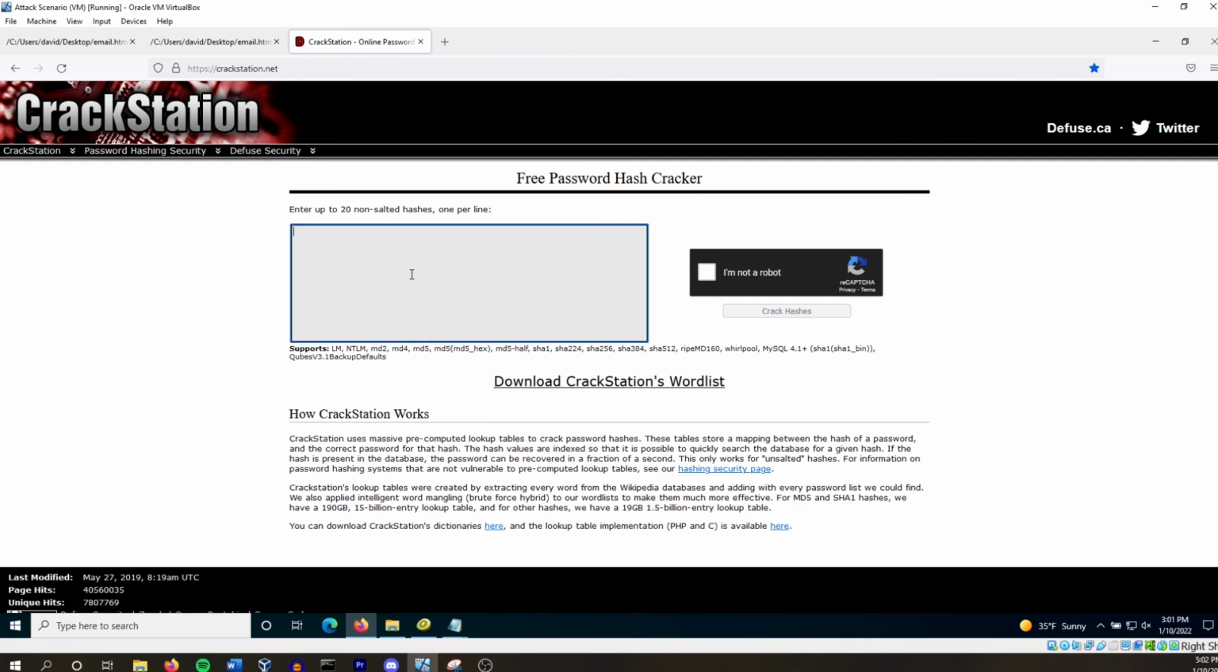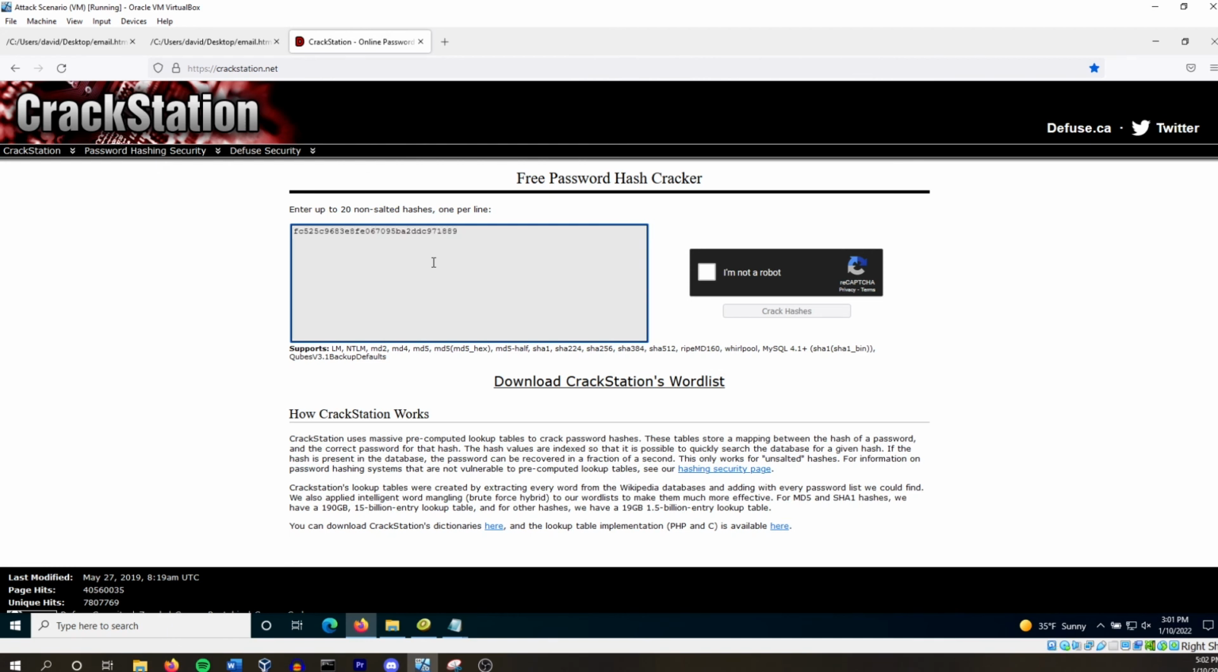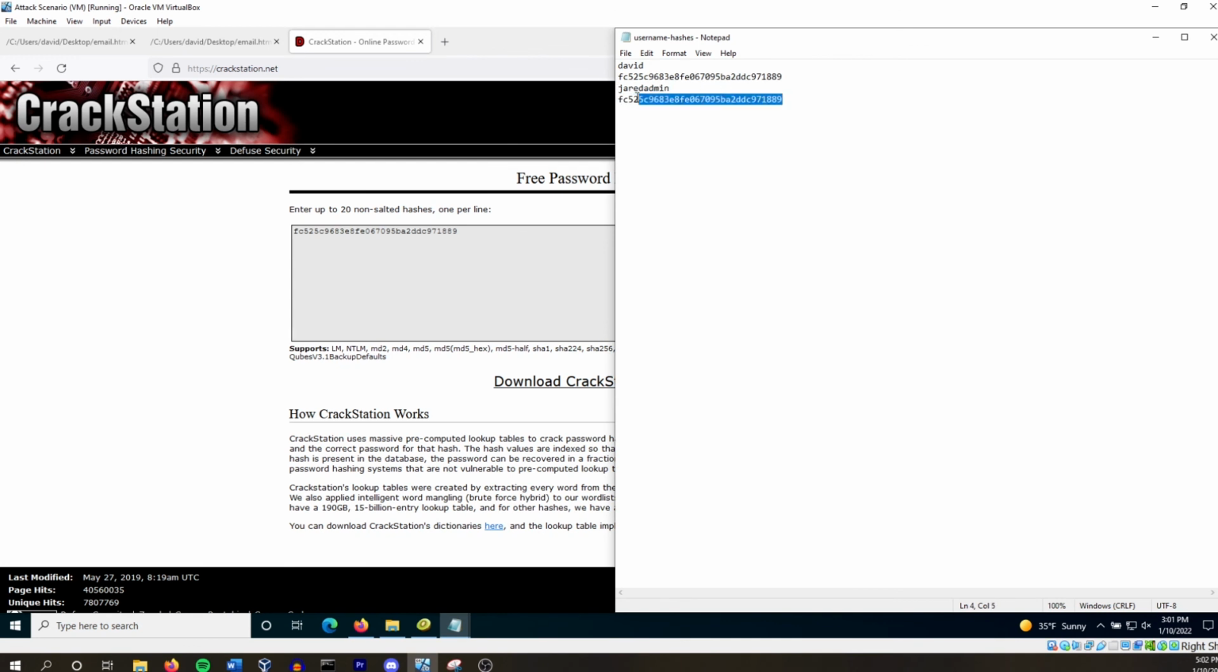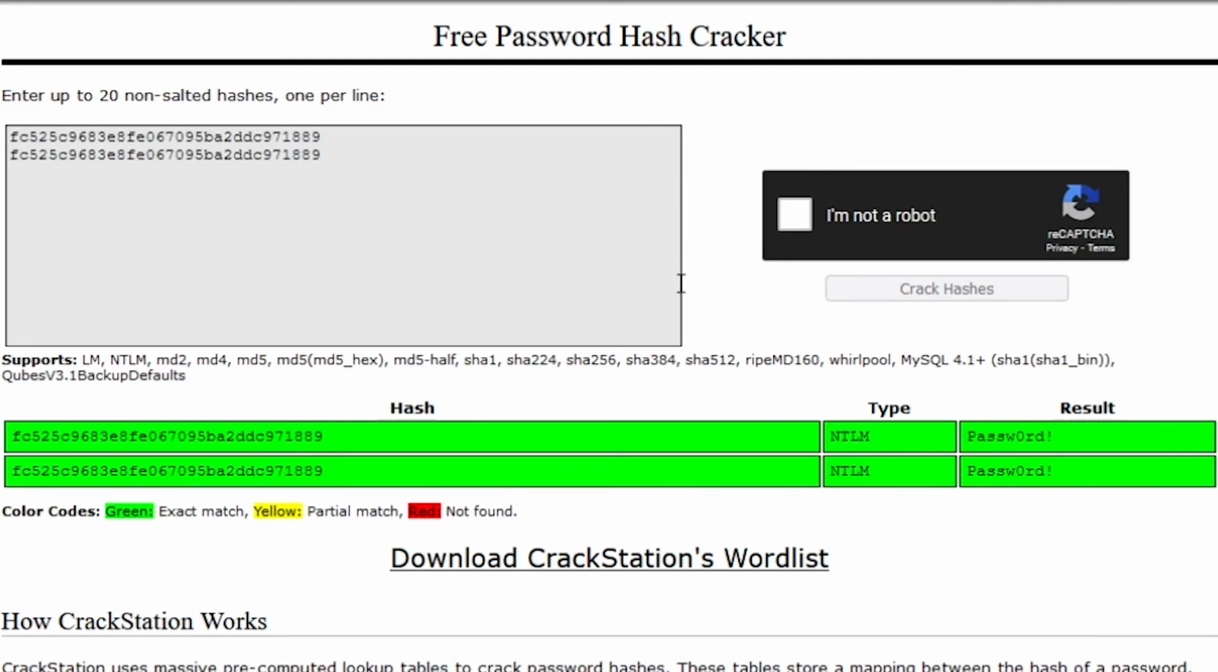What we can do here is add our hashes into this input box, and we're just going to do both. Of course, I'm thinking that these are going to be the same, but let's just see. Hit enter. We want to make sure to supply these on different lines. Select I'm not a robot, and then select the correct hashes. As you can see here, it automatically identifies that these are NTLM hash types, and here is our password,